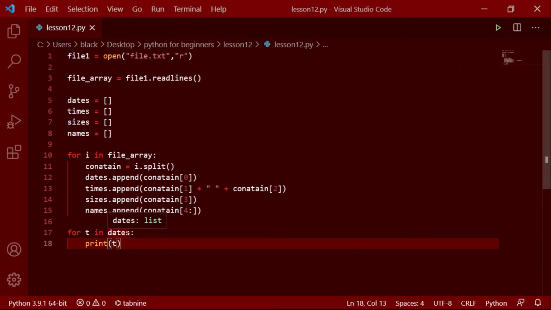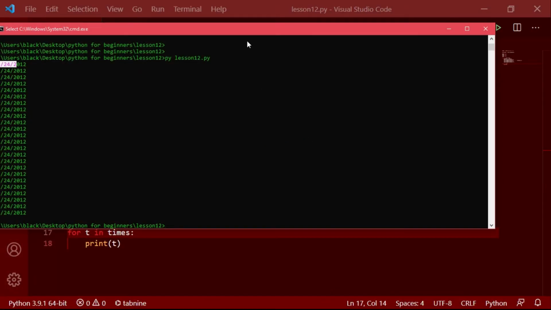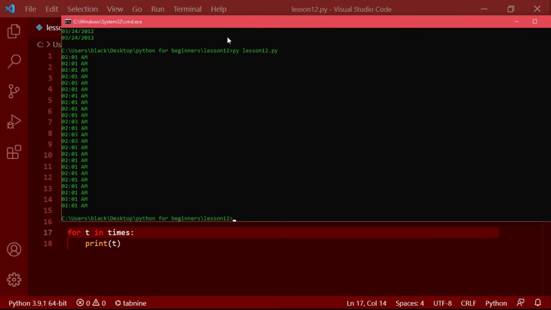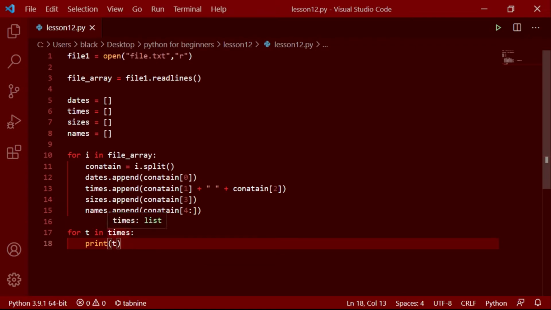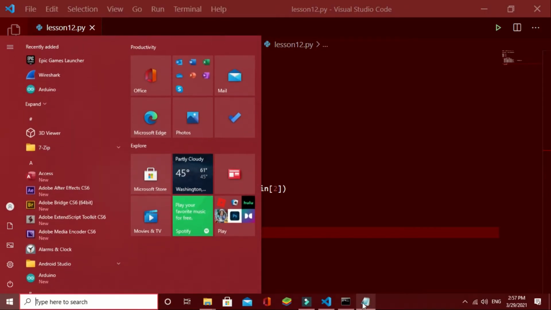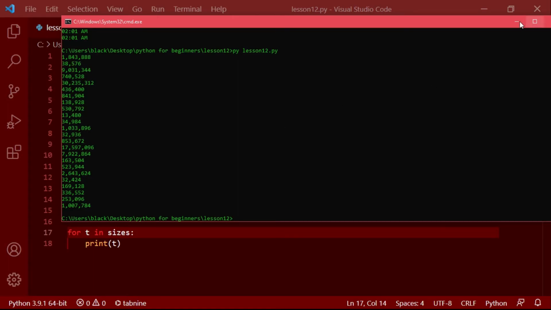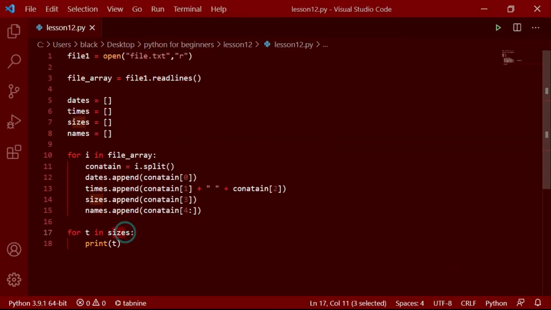And if we change this to times, we will be able to see the times like that, and it looks like the same, but there are also other times. And if we type sizes, we can see the sizes separately. And after that, if we type names,